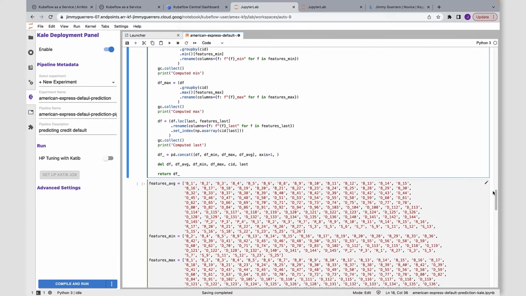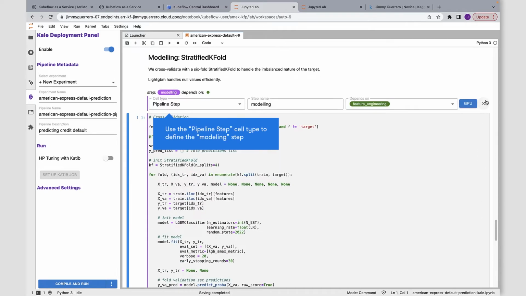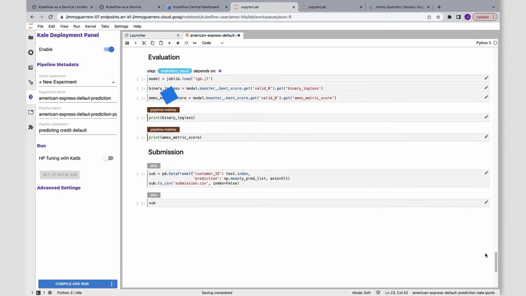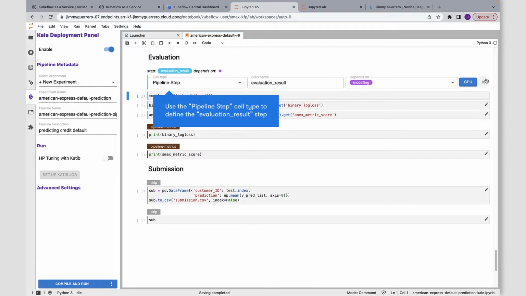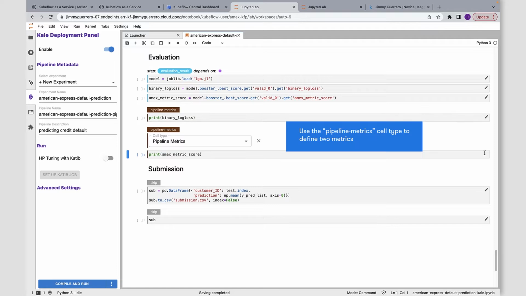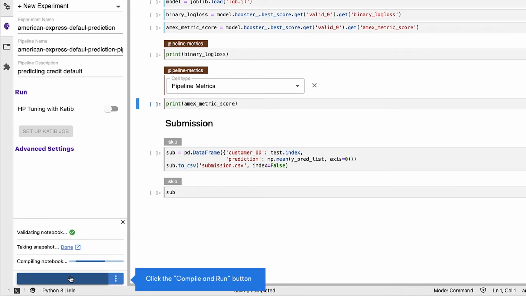And then we move on to the modeling step. And you can see that we're using an annotation there to define it as a pipeline step. And then we move on to our final pipeline step, which is going to be the evaluation pipeline step. And finally, you can also see that there are two pipeline metrics that we want to specify. So you can see that we didn't actually do any coding. Instead, we used annotations. So with that said, we're ready to just go ahead and click the compile and run